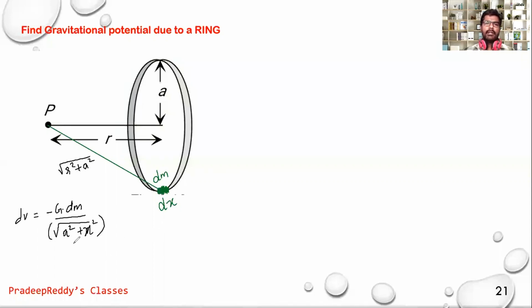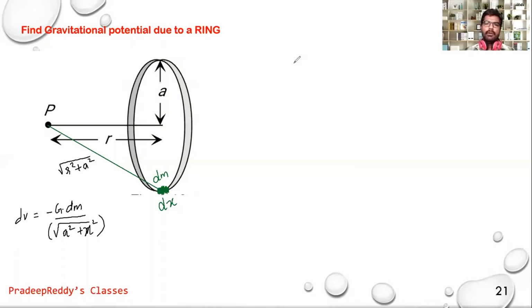Now I want to calculate gravitational potential. As this is a scalar quantity, we are not resolving anything, whereas in the case of electric field and electric force, because it is a vector quantity, because of this dm element there will be a force or field in one particular direction. So you need to resolve them into components, but here it's not necessary.